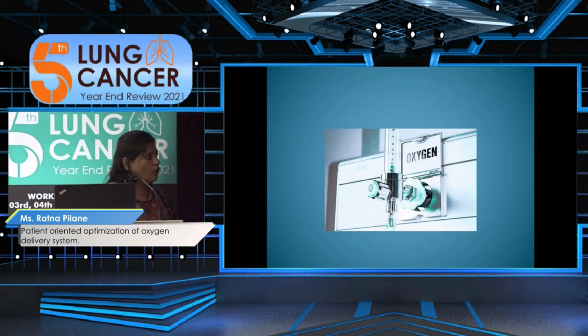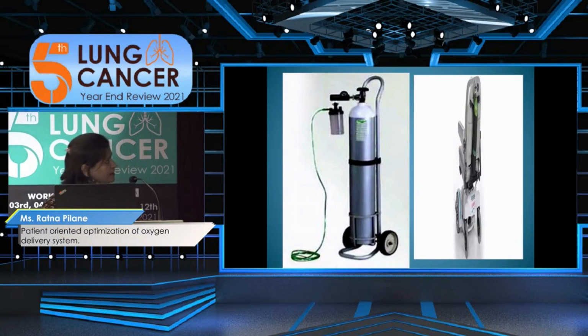This is the oxygen wall outlet. In each hospital we have the centralized oxygen system which has a white color pipe. That means this is the oxygen supply, and it also has the flow meter. This is the portable oxygen cylinder. This is the ambulatory oxygen cylinder. When we are shifting a patient from one department to another, always use the trolley to prevent occupational hazards. And this is the portable oxygen cylinder. When a patient has chronic obstructive pulmonary disease at home, they use these oxygen cylinders.